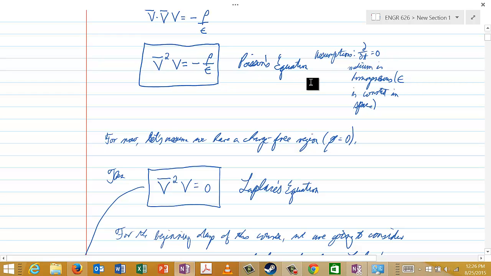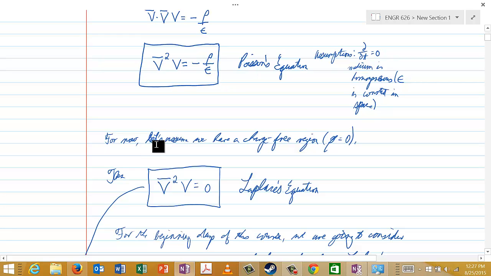And once again, remember that the assumptions built into this equation are that we have the electrostatic case, which means that there's no variation with respect to time, and also that the medium under consideration is homogeneous, which means we don't have different kinds of materials present in that region, that there's all of one homogeneous material. It doesn't have to be vacuum, it could be some material medium, but the important thing is that it's not changing in the region under consideration. So again, this is Poisson's equation,